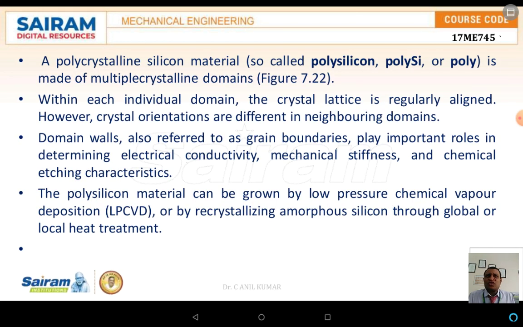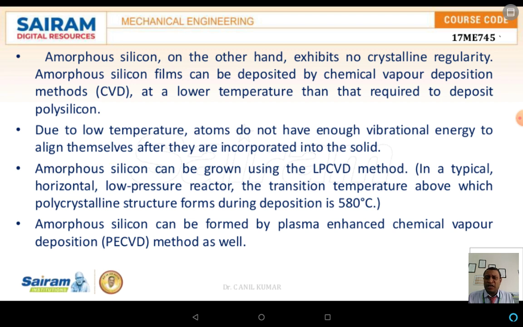Within each individual domain, the crystal lattice is regularly aligned. However, the crystal orientation is different in the neighboring domain. The polysilicon materials can be grown by the low pressure chemical vapor deposition method, or by means of a recrystallization of amorphous silicon through a global or local heat treatment.